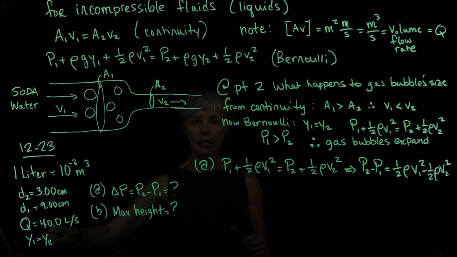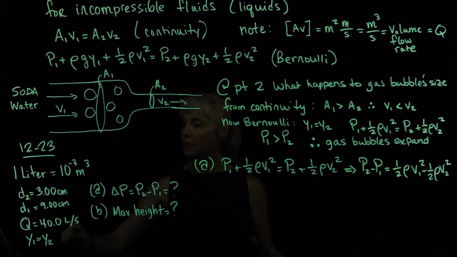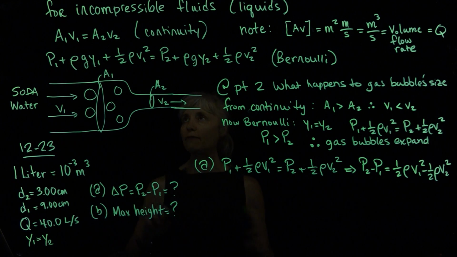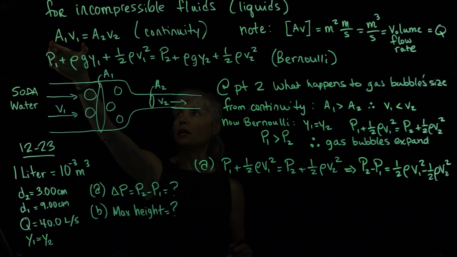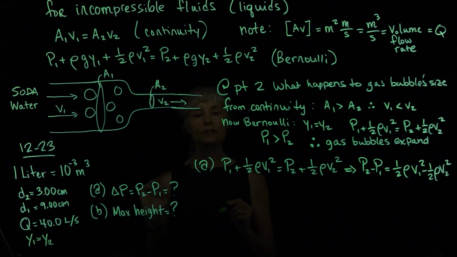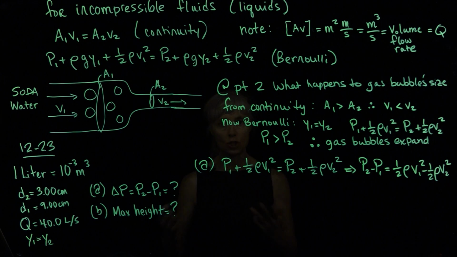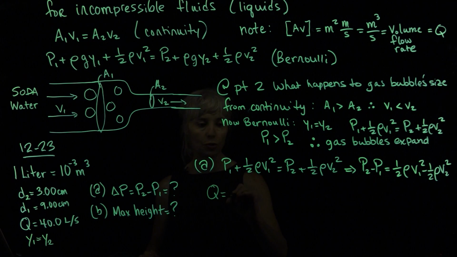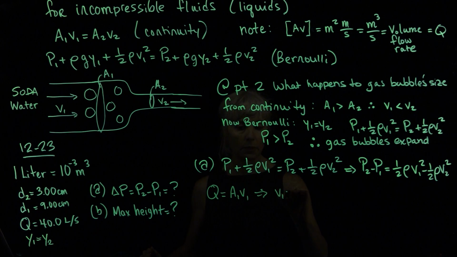We know the volume flow rate. We're given the volume flow rate, which, recall, I pointed out that that gets the symbol Q as 40 liters per second. In addition, I went and looked up the conversion factor to get from liters to meters cubed. And so we have the volume flow rate. So we know the product of A1 v1, and we know the product of A2 v2. So we can solve for v1 and v2 using volume flow rate. So Q is going to be equal to A1 v1, and so v1 is going to be equal to Q divided by